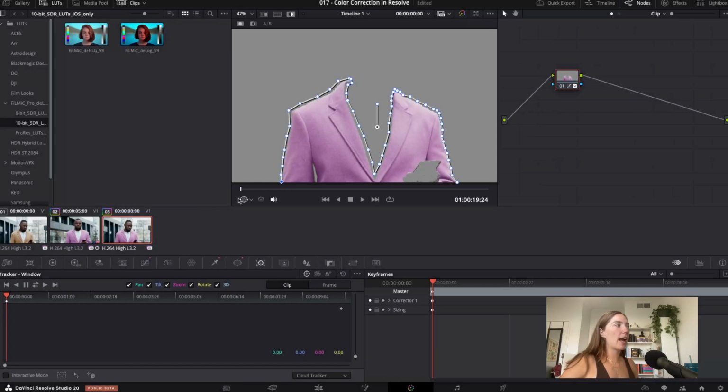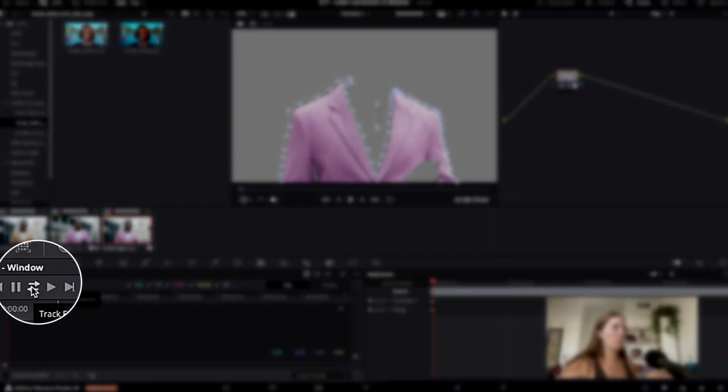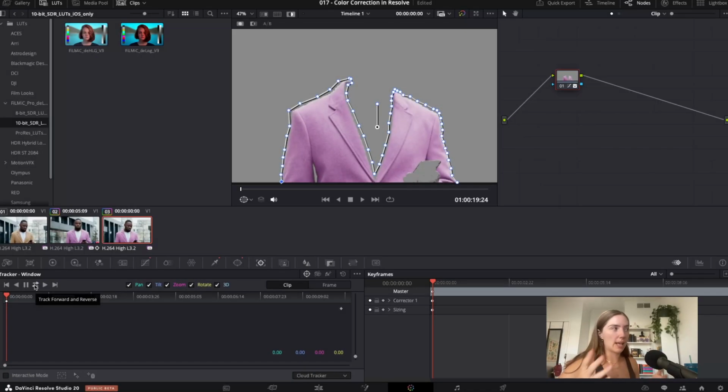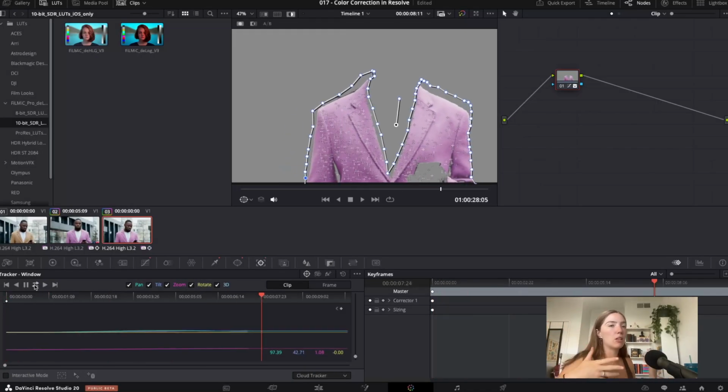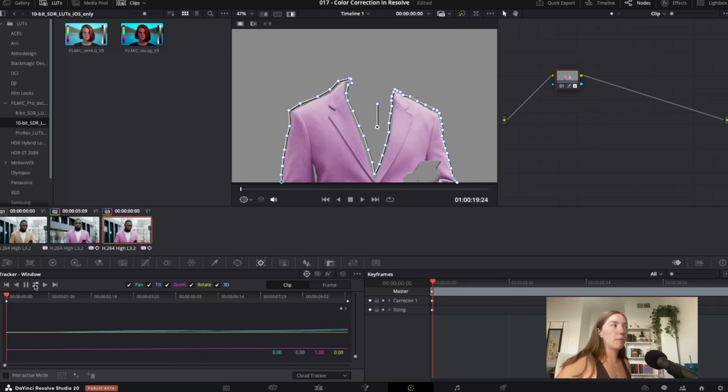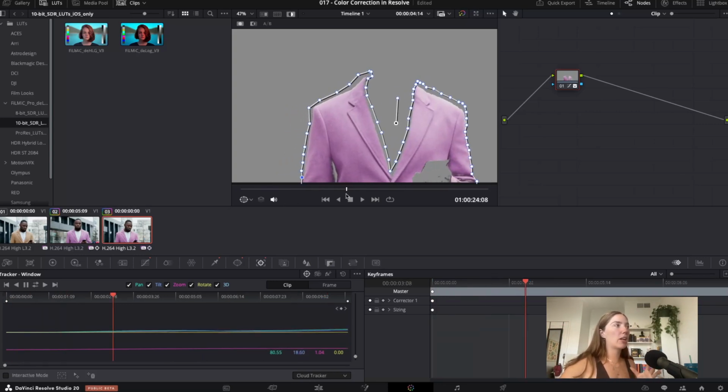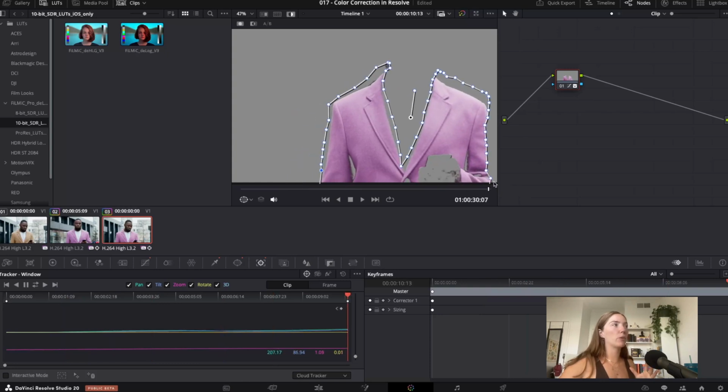And so since I have the playhead at the very beginning, at the first frame, I can just track this forwards. But if you guys were in the middle of this, you could track it forwards and backwards, and that will do the exact same thing. I'm going to track it forwards and backwards. Doesn't really matter. And so you guys can see now we've tracked this jacket all the way throughout the shot,